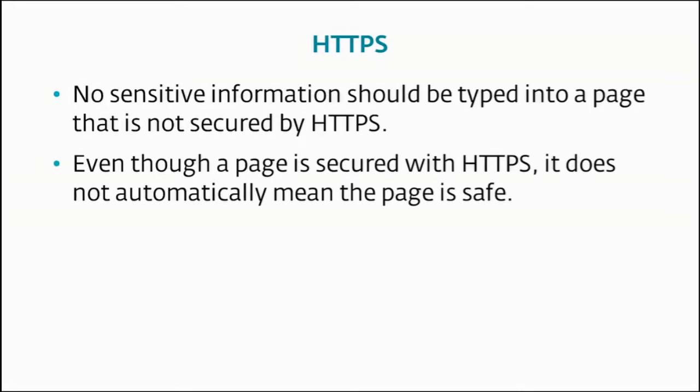However, even though a page is secured by HTTPS, it does not automatically mean the page is safe. Sometimes, people make it look like it's HTTPS by putting fake icons in place and displaying on the screen that it's HTTPS. Or even though the information you send gets securely to the recipient, they may not be reputable and could be using it maliciously. Of course, if it's a big-name website, it's probably reputable. But when in doubt, search the name of the website in a search engine and review the results that are